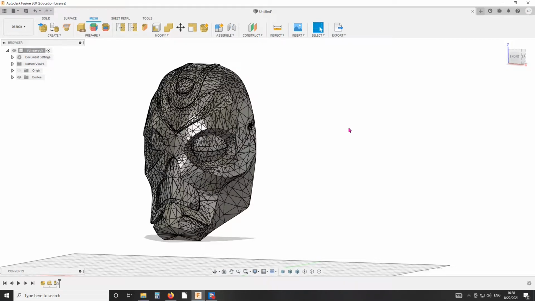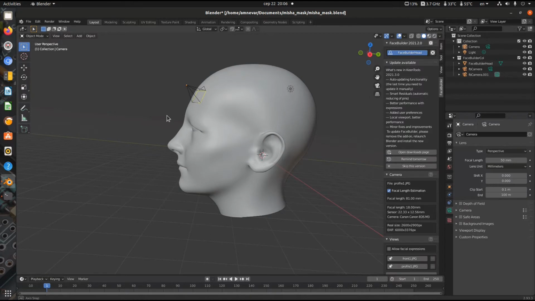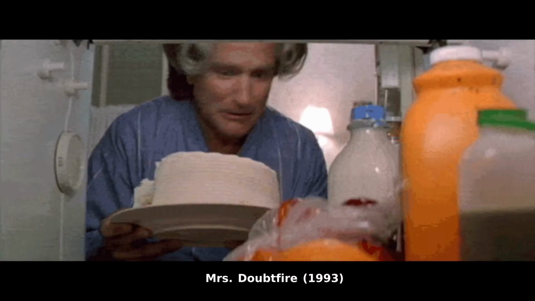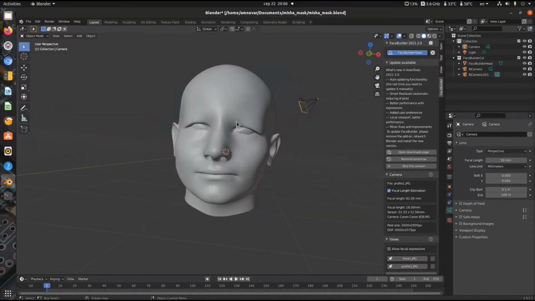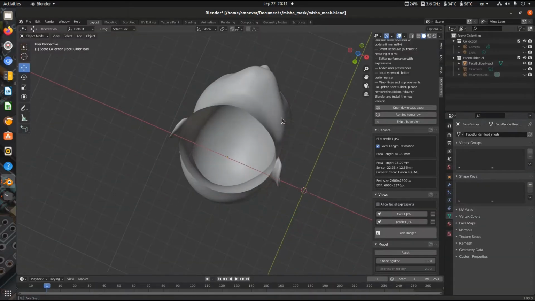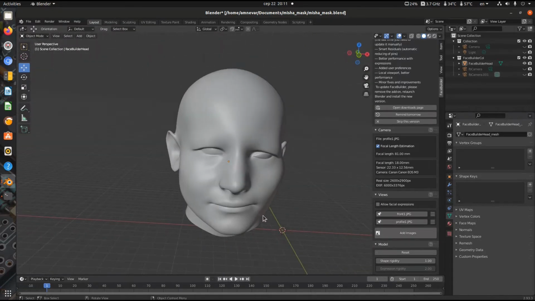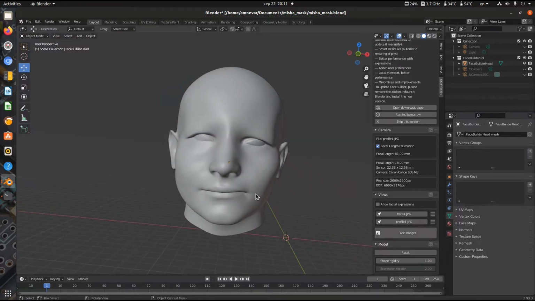Now it's time to make some adjustments to the model, and for that I'll need to measure my nephew's head. One way to do it is to make a mold, but it could be messy. Luckily I found this face builder add-on for Blender from KineTools. I think it's a free trial for a month. I won't go into details, there are tutorials on YouTube, but basically you take two photos from front and from side, make some adjustments, and you have a model of the face. As you can see, it's also not a solid body.